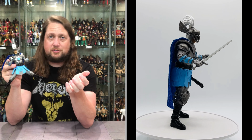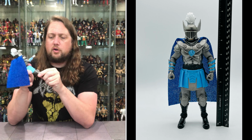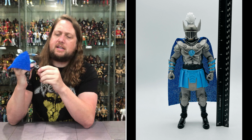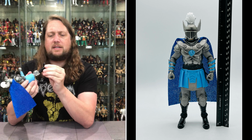You do get those big old splits. If you need to throw him on a steed, you can do that if you want to. And of course, legs do go up. Thigh cut on him. Single jointed? Nope, double jointed knees on here. Side to side at the knee as well, back and forth, side to side, up and down as far as